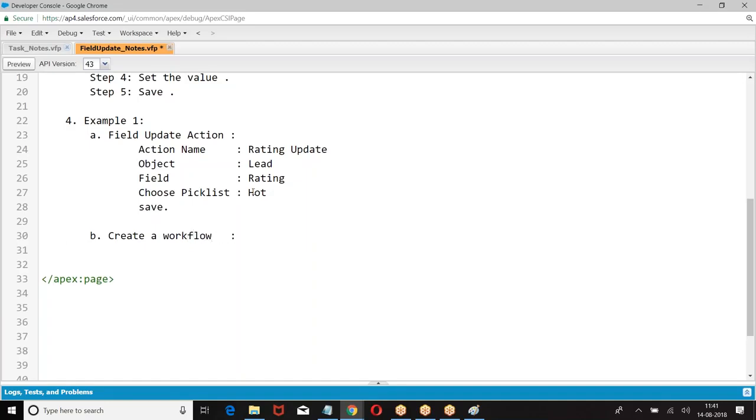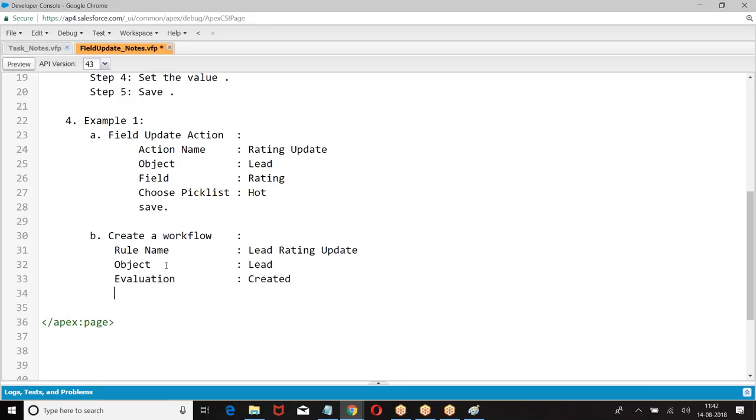What is the workflow? Rule name. Then choose the object. What is the object you have chosen? Rule created.